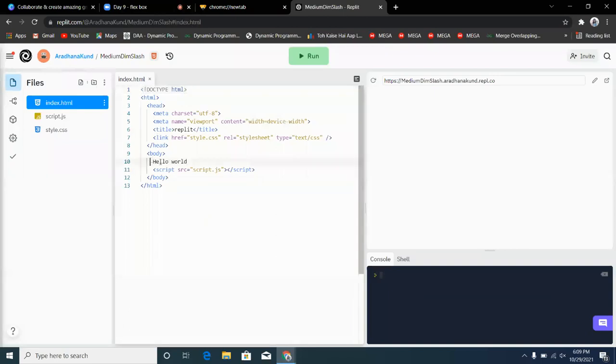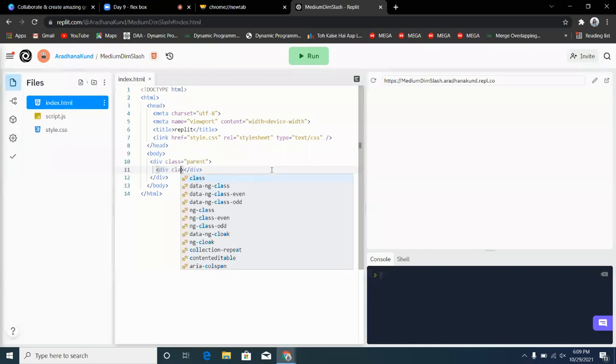As of now, let me remove whatever is given in the body. The very simple first thing I'm going to do is create a division with a class, and I'll name the class parent. Inside it, I'll have another division with a class, and I'll name it child.